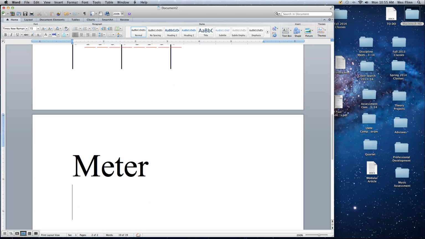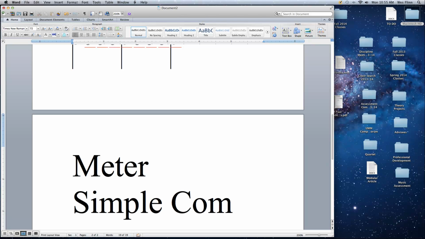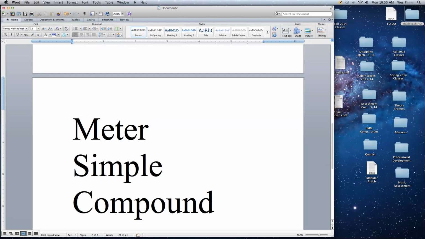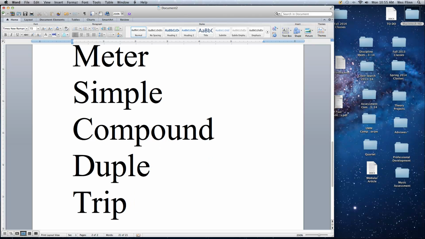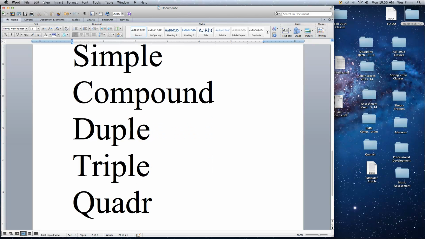And meters can be broken down into different types. You have simple and compound, and the most common groupings are what we call duple, triple, and quadruple.